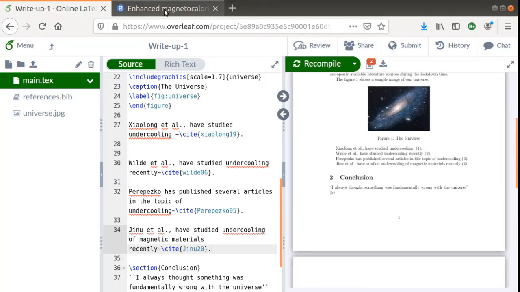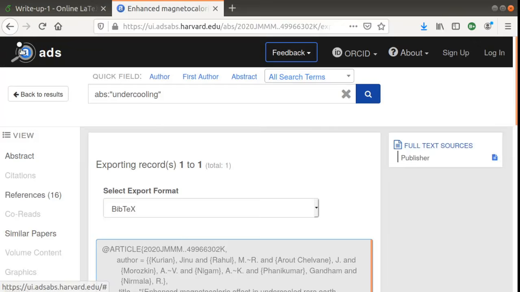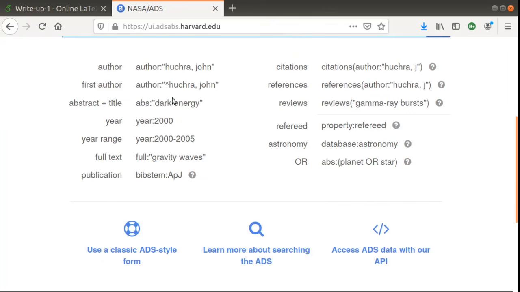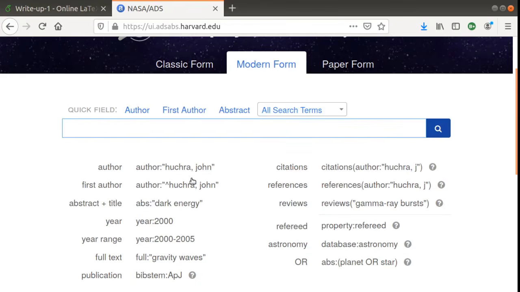Okay, you can have other articles from this website, which is basically the ADS website of Harvard University. You can search for articles based upon various fields as given here, and pick up the bibliographic information for free. The full text, of course, is subject to availability from the respective publishers, but at least the citation information is available for you to search for free.